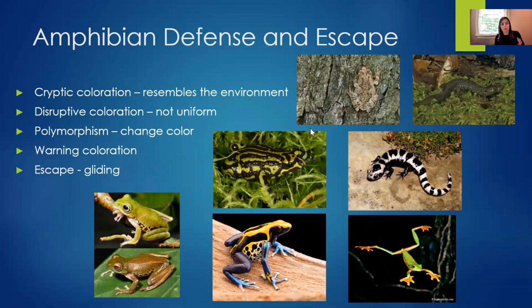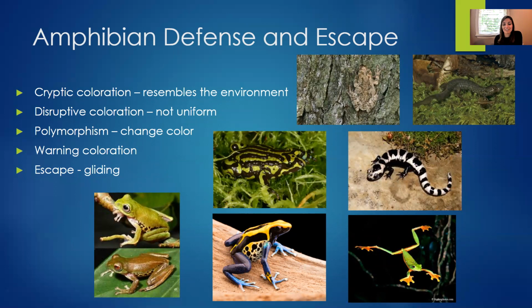Disruptive coloration is when the coloration isn't uniform, like there's irregular edges. And what happens then is it makes it hard for some predators to see kind of the outline of the animal, and it makes it harder for them to be captured as prey. There are some animals that have what's called polymorphism, the ability to change color, and that can help them blend in, kind of help them toward cryptic coloration. There's also warning coloration. Talked about this before, where it's indicating toxicity, and so